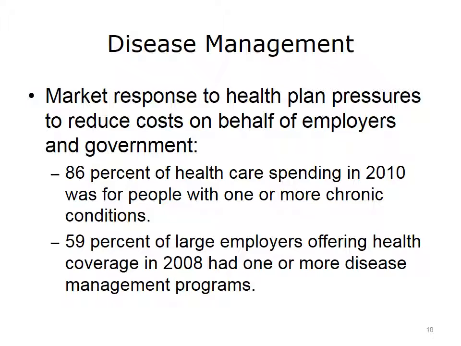Another common rule of thumb is that 5% of any given population accounts for approximately 50% of the costs. The promise of disease management companies was that by focusing on this population, they could help employers moderate that rate of healthcare inflation. Because of this promise and the rapid rise in healthcare costs, 59% of large employers who offered healthcare coverage in 2008 had contracted with 1 or more disease management companies to help manage these patients.